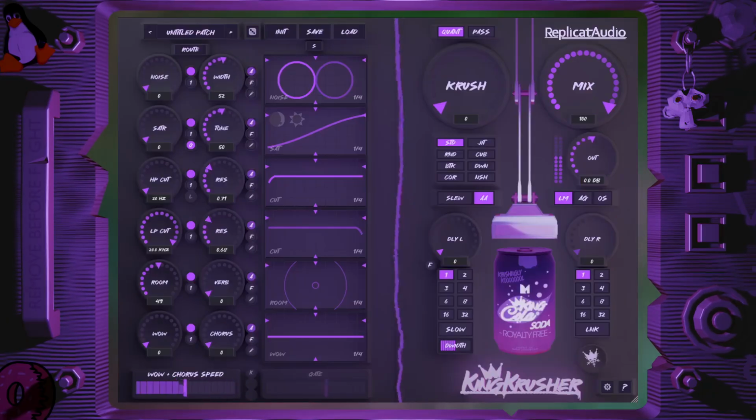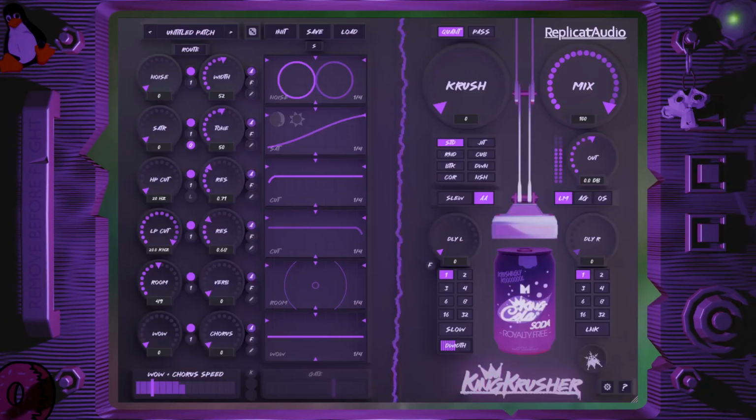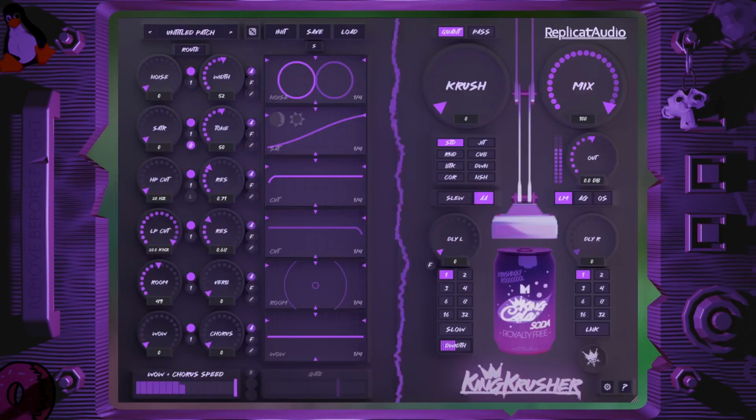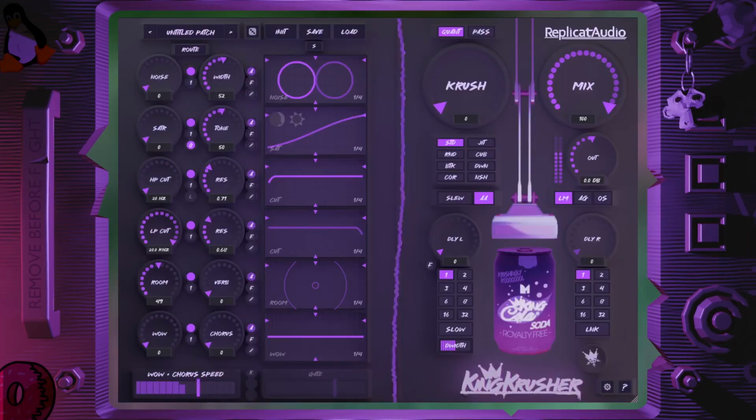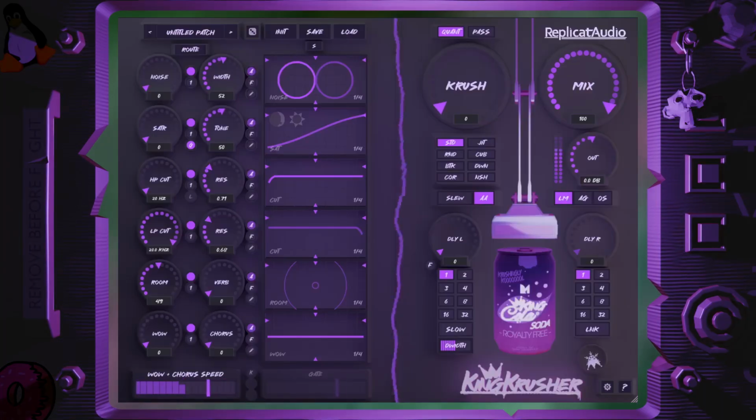Now we're going to move over to the other side of the plugin. We're going to cover the effects section over here, as well as the routing section and a few other features that are tucked in here. Let's take a look. The first effect that we have up here in the top left is the noise and